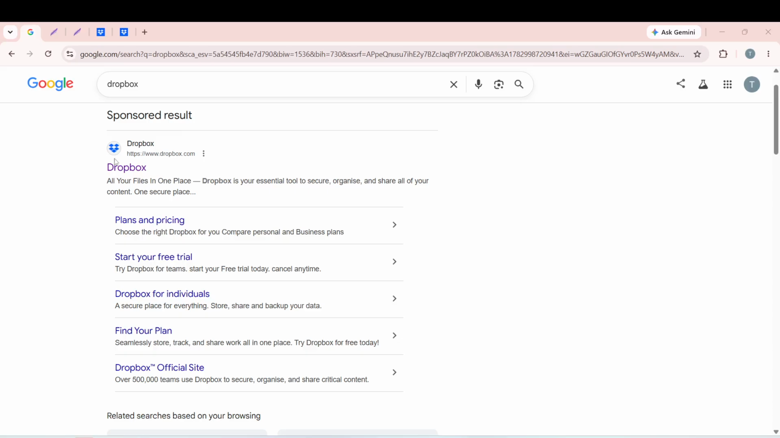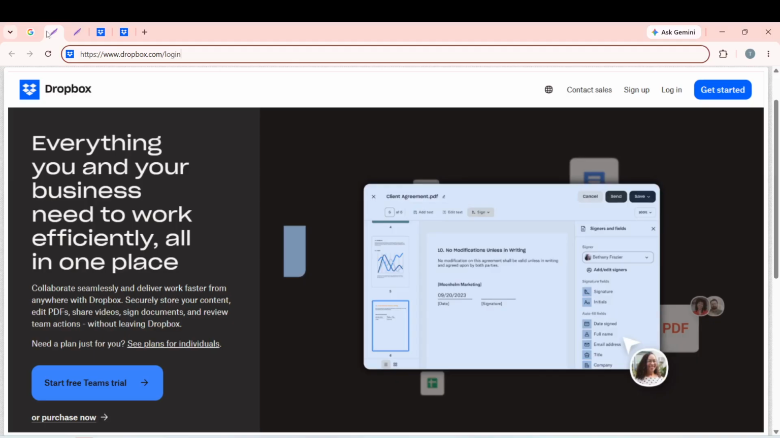Next up, click on the correct link that leads you to the official Dropbox website. Typically, this will be the first result listed in your search. It should say something like Dropbox, Cloud File Storage. Clicking on the right link ensures that you reach the correct platform to manage your files. If you mistakenly click on an incorrect link, you may end up on a different site, which could be confusing or even unsafe. After clicking the link, you will be taken to the Dropbox homepage where you can start managing